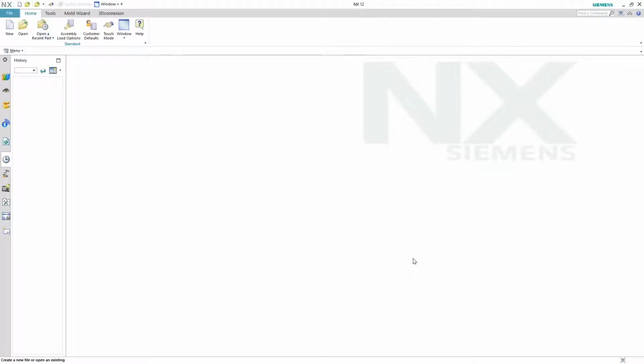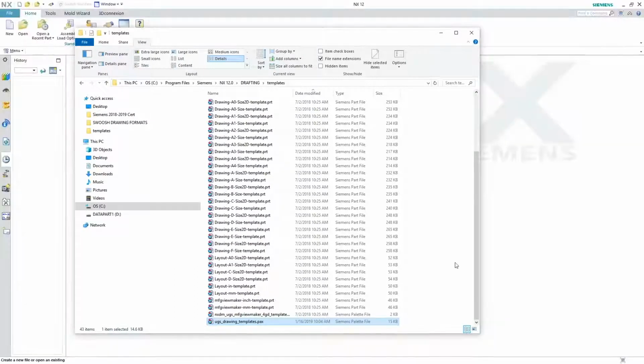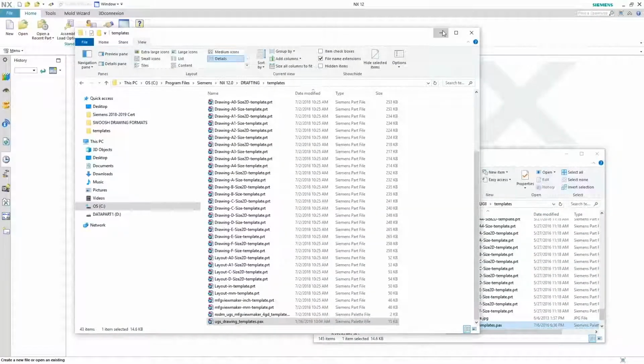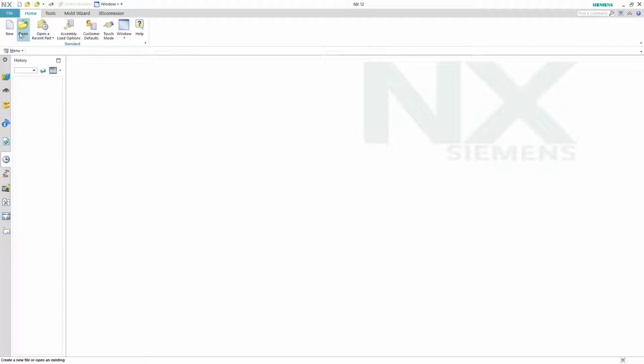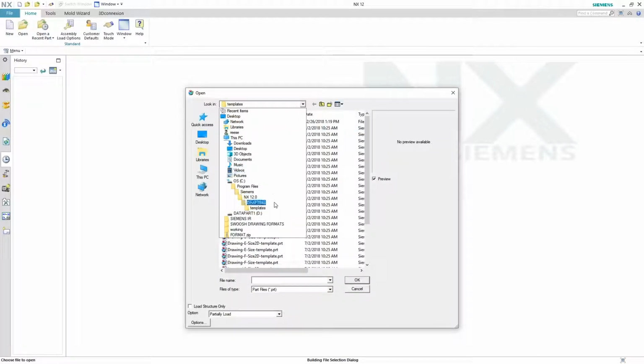Your templates in version 12 are in a different location, so you can find those in your root directory for NX 12, under NX 12 drafting and templates. If you're using an older version of NX, you're going to find that in your root directory again, depending on your version, under the UGII templates, and they're all there for NX 11. So you could start a brand new blank file, but for speed of this webinar, I'm going to open up a template in my NX 12,